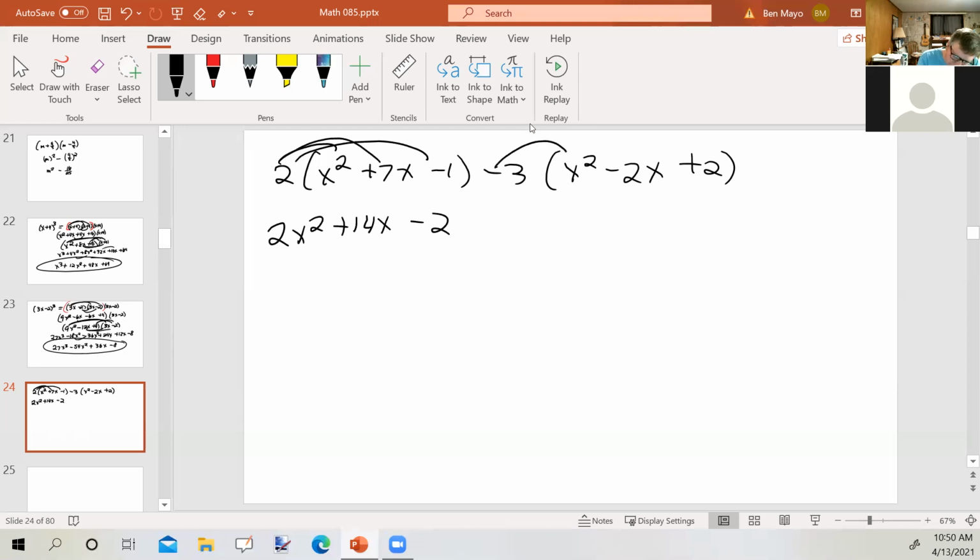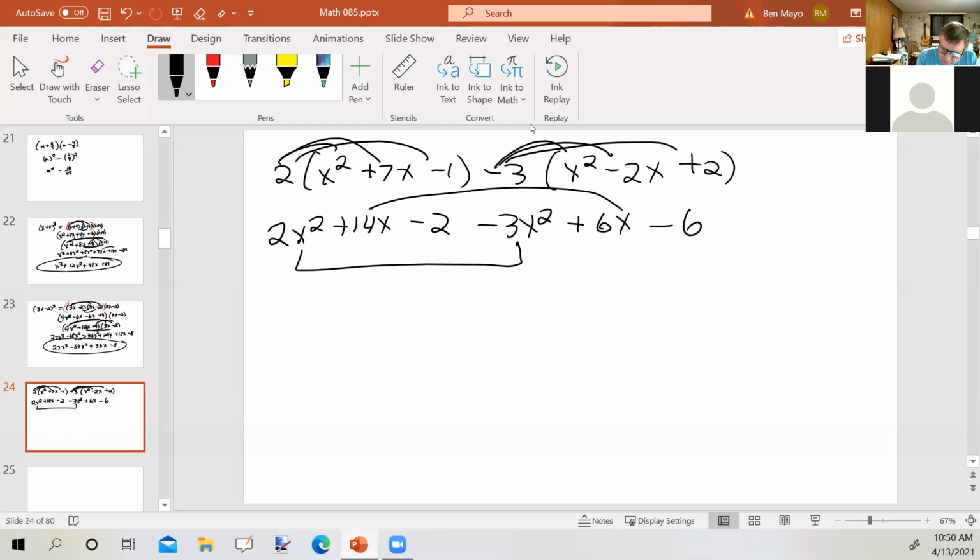So this becomes minus 3x squared. Minus 3 times minus 2x would be plus 6x. And minus 3 times plus 2 would be minus 6. Now that I've done the multiplication, next would be the addition and subtraction from left to right. Combining like terms, these are going to go together, and those are going to go together, and those are going to go together. So 2x squared